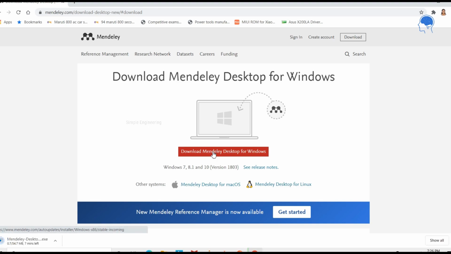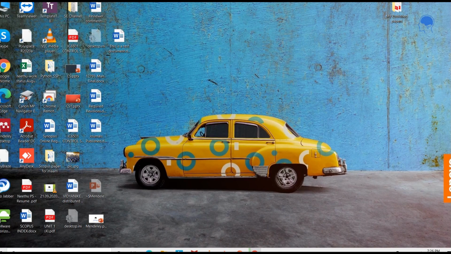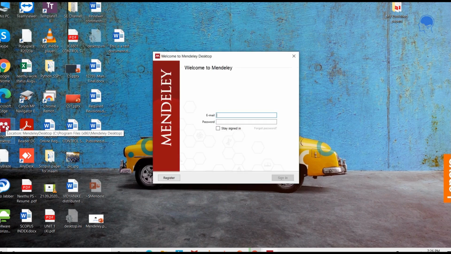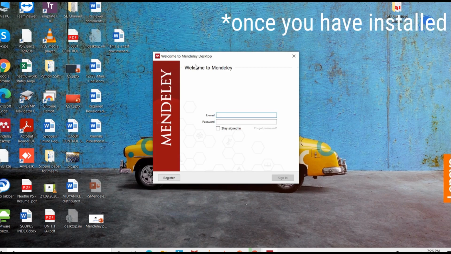The downloading process is the normal process for any software. You can execute this file and install Mendeley Desktop. As I have already done that, I will show you how to use it.